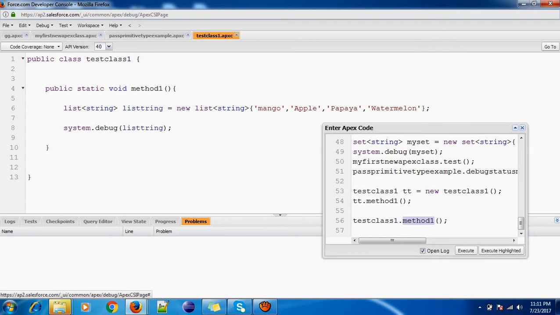Yeah, so here we were discussing string. Now I'll discuss integer.